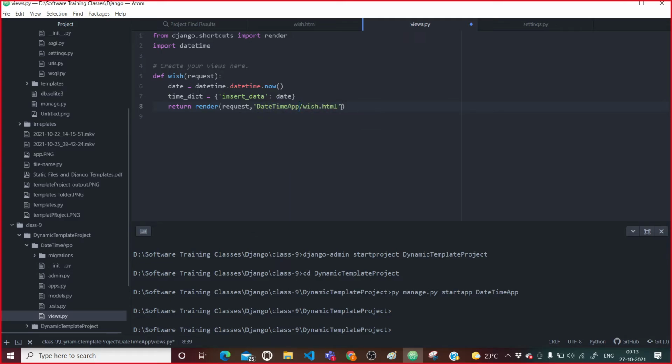After that, I want to render this HTML file, but with a change. There will be a context.